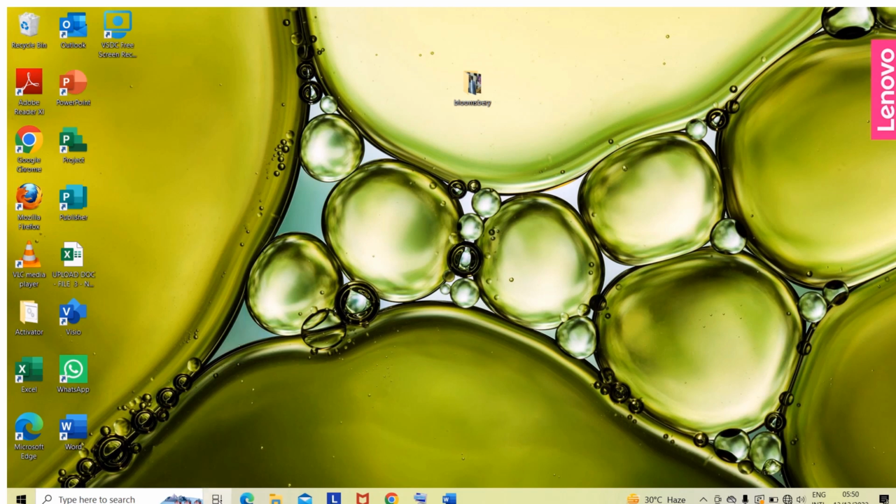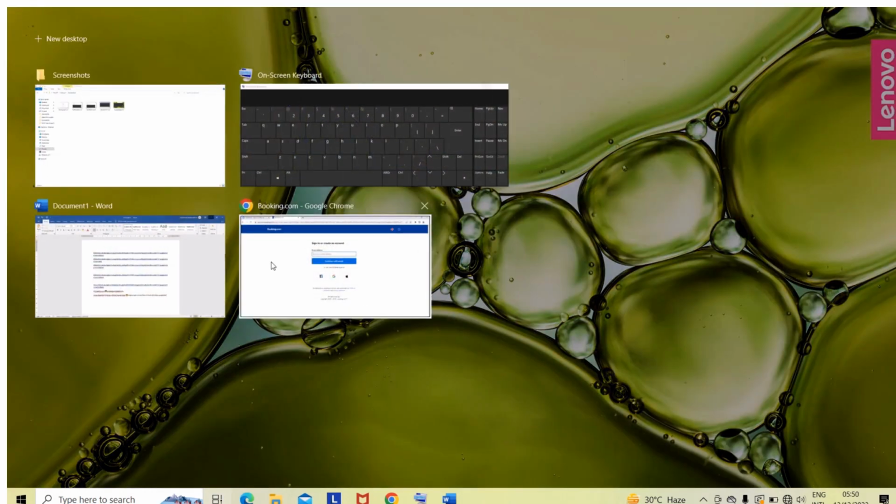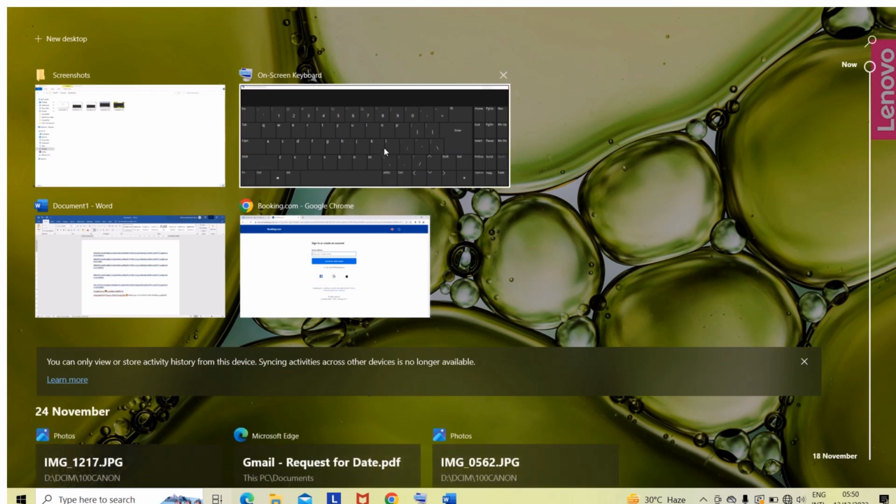When you click it, you see your windows displayed. You can see I opened 4 windows. This is my screenshot window, my onboard keyboard window, this is my Google, and this is my documents. From here you can easily navigate and see what you want to do.